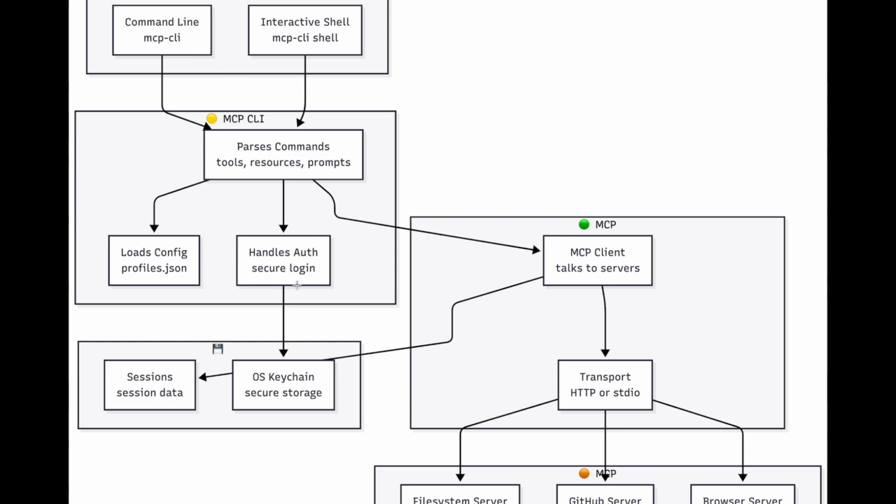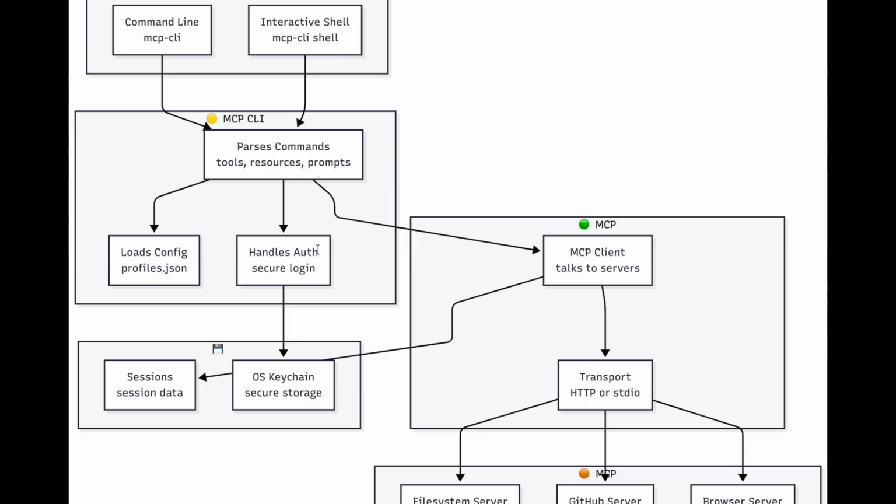Then also it handles the authentication. So most of the MCP servers have authentication required to connect with them. So all the API keys or tokens required, those are handled by this CLI component. When we do the connect command, when we try to initially connect with the server, it uses this authentication module to basically use the token that we have provided or API key that we have provided, or else it can